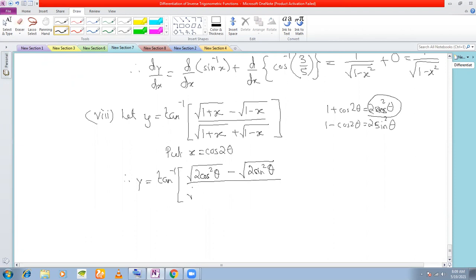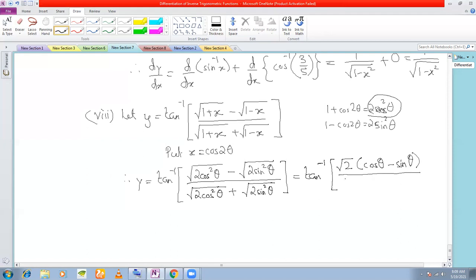Divided by, again, root 2 cos squared theta plus 2 sine squared theta, which is equal to tan inverse. Now you can take root 2 common, right? If you take root 2 common from the numerator and denominator, what are you going to be left with? You're going to be left with cos theta minus sine theta